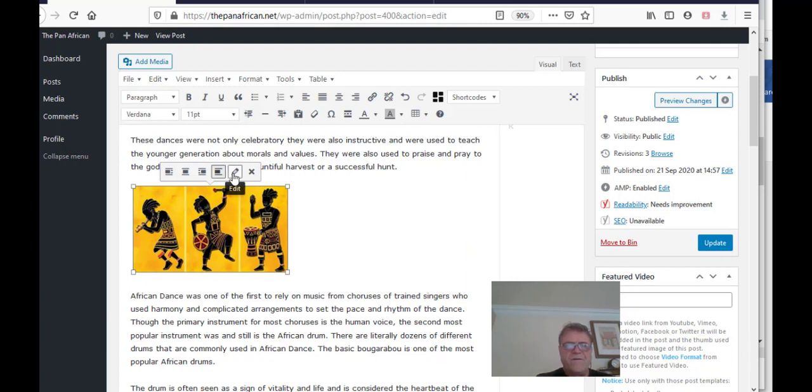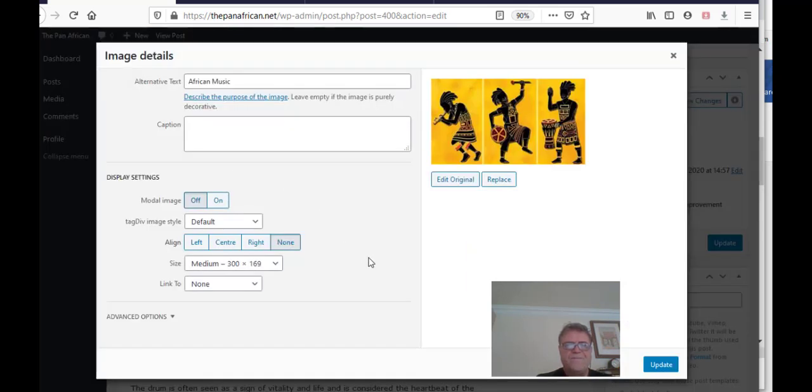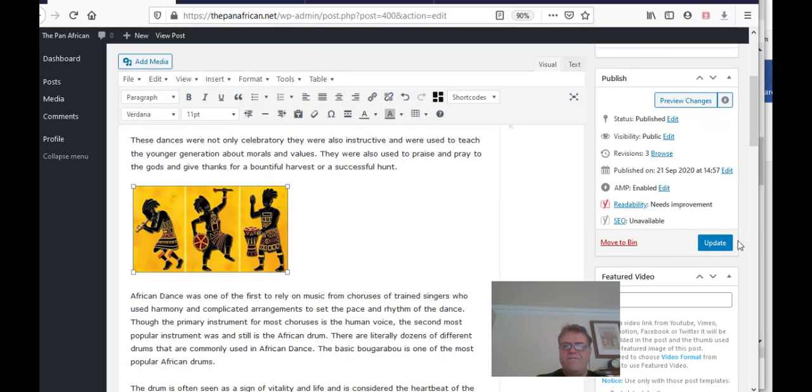Now for the image itself, I'm going to click on the edit for the image, and you can see I've got alternative text, African music, which is perfect. I never put a caption on it because it just shows up over the image, and that's all we need to do. So if there isn't an alternative text on an image, for example you bring one in from your PC, then you need to add what's called an alternative text, and that is good for SEO. So that's already there. Now if I republish again, update it,